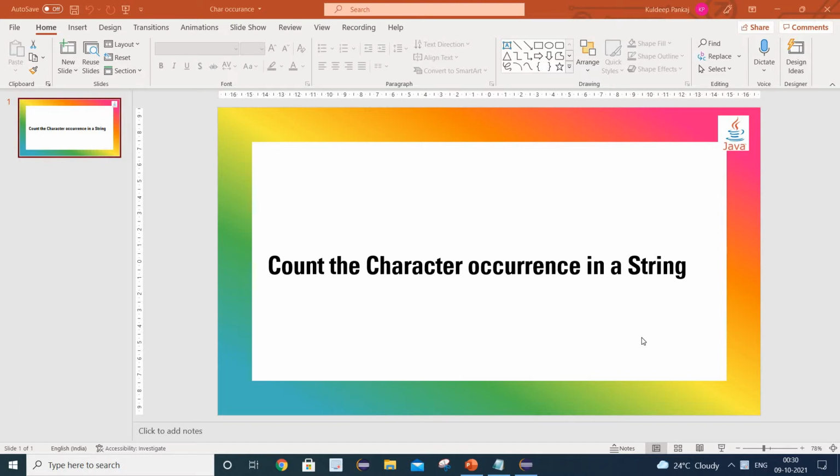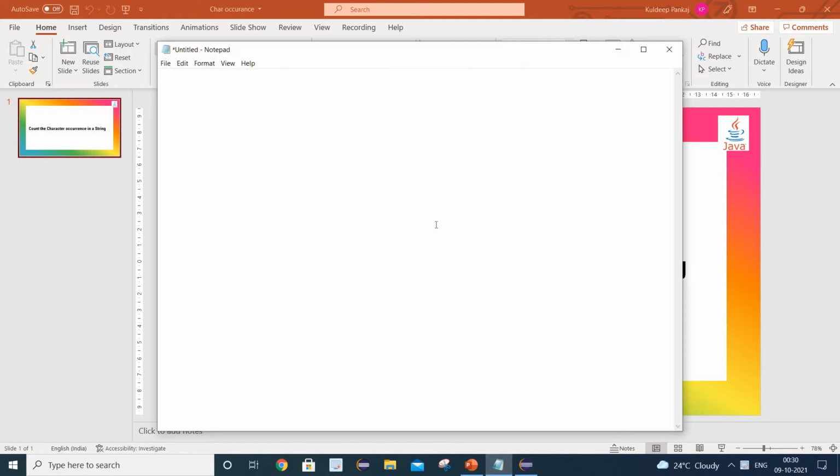Today we are going to see how to get the count of a particular character in a string. Say I have one string as selenium, and I want to get the count of U here. You can see the character U occurred only once, so the count of U is 1 only. Let's achieve the same with the help of a Java program.